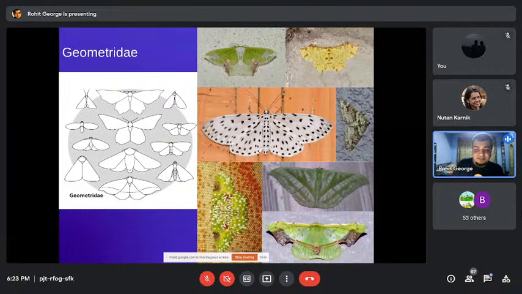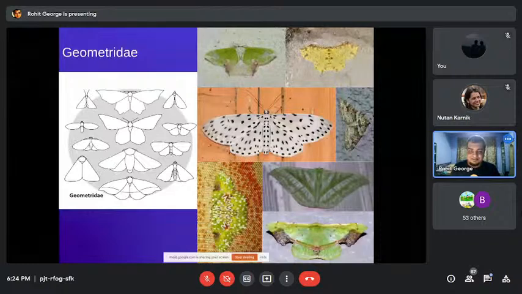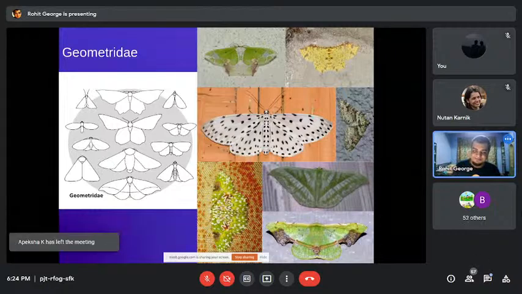As you can see, there is a wide range of patterns and colors in this group. Just based on my observations, this is one of the most common families that you will encounter. They have a relatively general shape. Other than this individual, all of them have a large, broad forewing which is not so long, and a smaller hindwing. You'll see the same thing here, here, and here. This one has the same thing, only the forewing is overlapping with the hindwing a little bit, so it's hard to see.